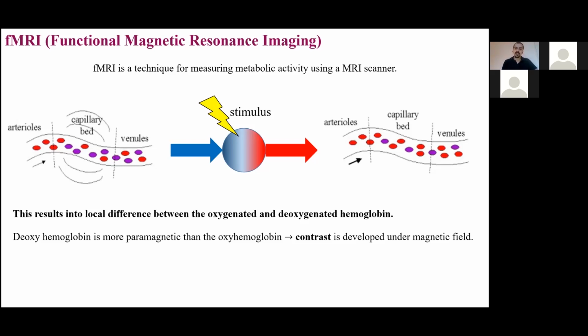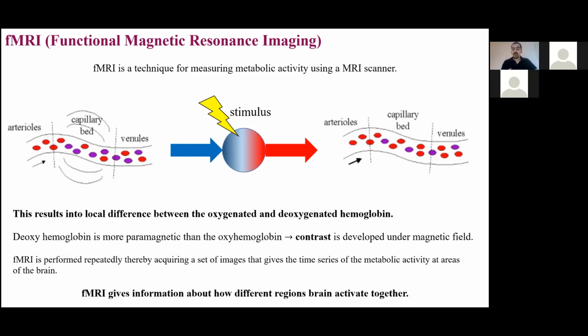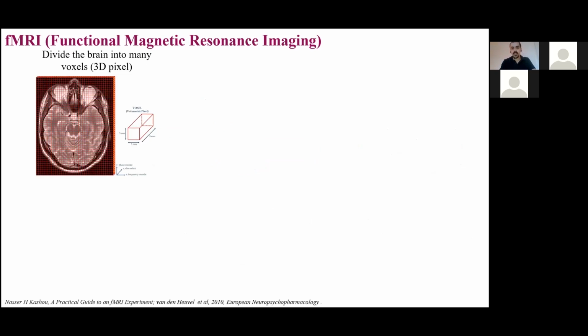So by using this property, one could actually measure the difference between oxygen-rich and oxygen-poor hemoglobin, which would give you an indication of which part of the brain has been activated under this stimulus. And therefore, fMRI gives information about how the different brain regions co-activate together by using this type of analysis. So the way that you basically do this is that you divide the brain into many voxels,